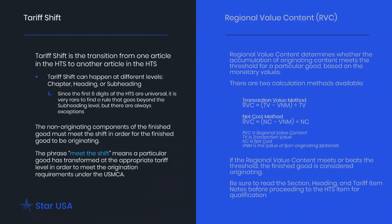Okay, so the two rules that we're concerned with today are tariff shift and regional value content. We're going to look at tariff shift first. And tariff shift is the transition from one article in the HTS to another article in the HTS. It can happen at different HS levels, at the chapter level, at the heading level, at the subheading level. Since the first 6 digits of the HS are universal, it's very rare to find a rule that goes beyond the subheading level, but there are always exceptions. There are some that do have tariff shift at the statistical or the tariff item levels,